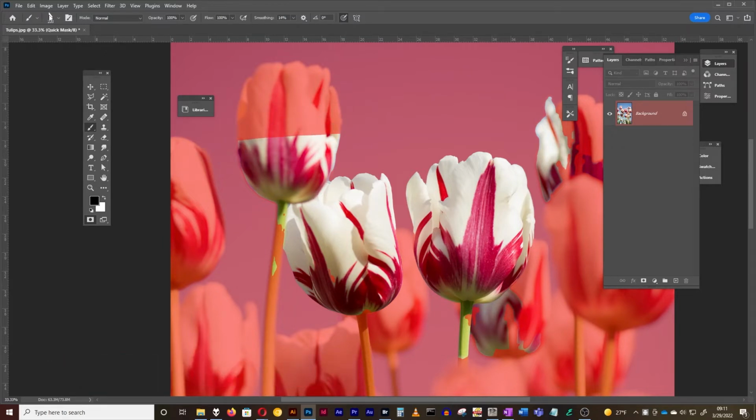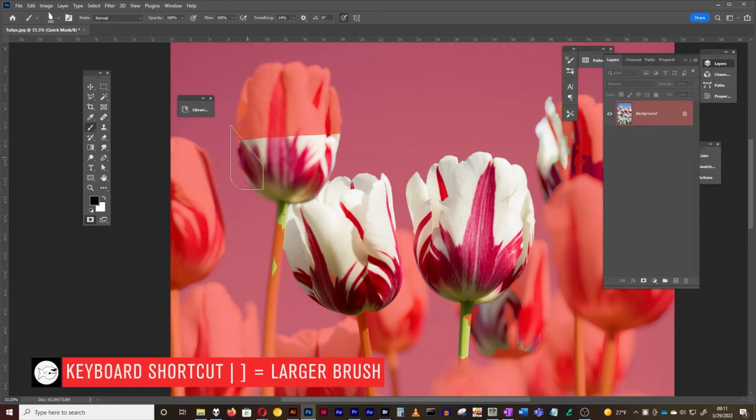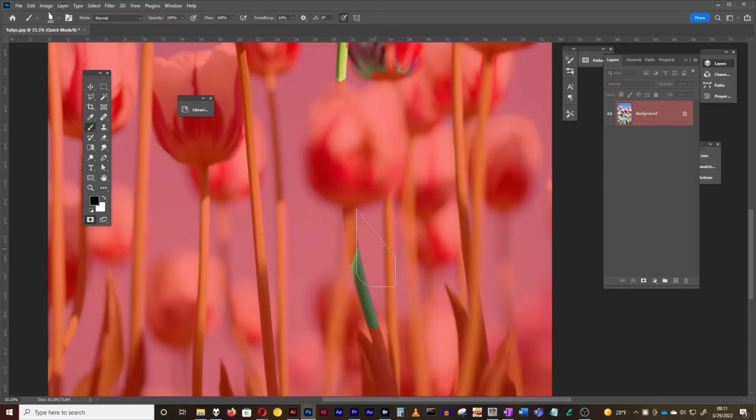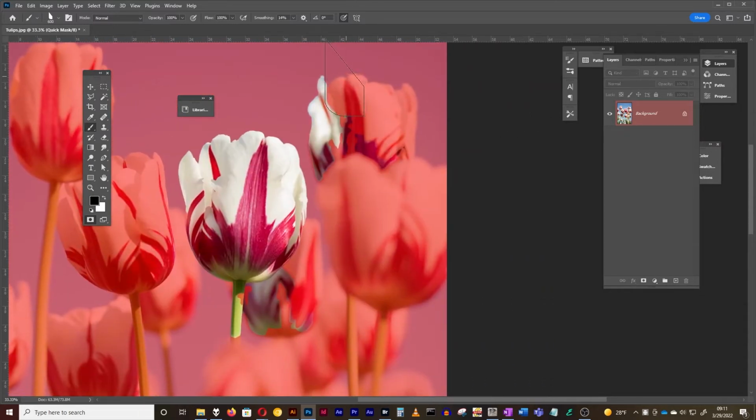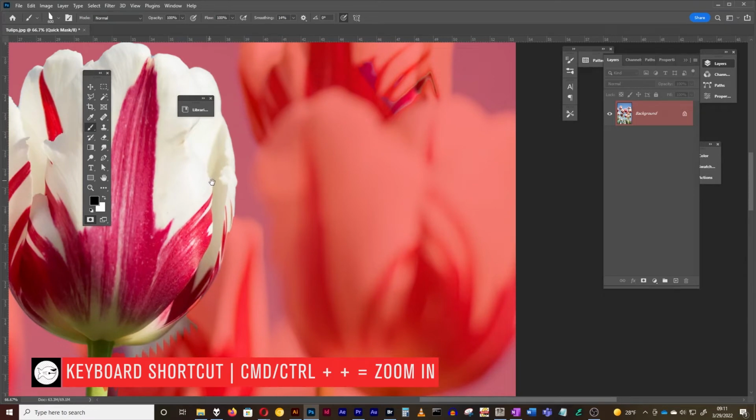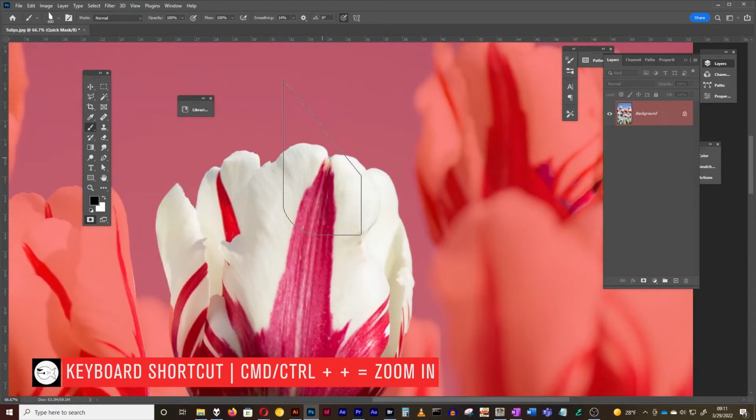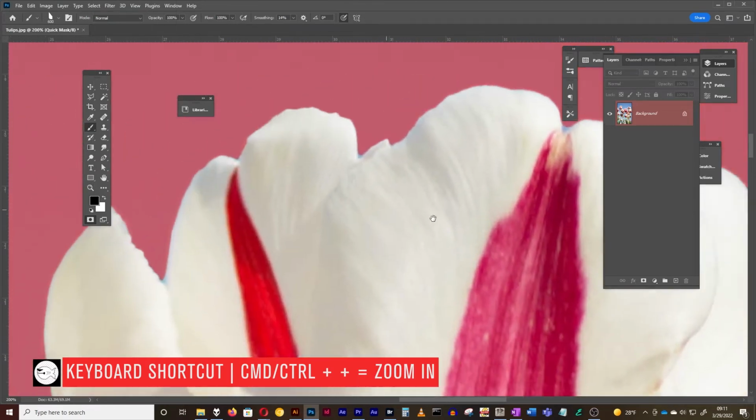I've made my brush fairly large, and you can make it larger by using your right bracket, and paint out some of these areas that you don't need. I'm just painting quickly, going through and looking for some of these spots that appeared, including down here. I don't want to get too close to the edge because I want to zoom in and get a little bit tighter with this. So I'm going to zoom in using Command or Control plus, and now we can see the Select